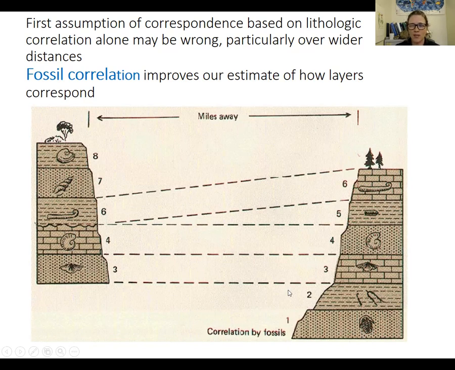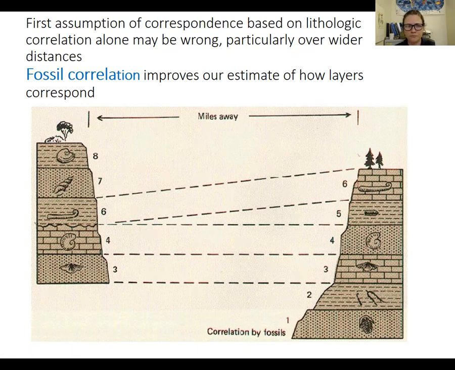But then if you start to look a little bit deeper and look for particular fossils, and we see that certain fossils exist in layer 6 here and layer 6 here, even though this layer is a limestone layer and this layer is a shale layer, then we might have to rethink our original way of correlating these layers if the lithologic information was the only information we have. We know that fossils represent organisms that lived in discrete periods of time in history. And so if we have fossils that are unique to one layer here and then unique to one layer over here, that's probably an even better marker than just looking at rock outcrops or lithologic